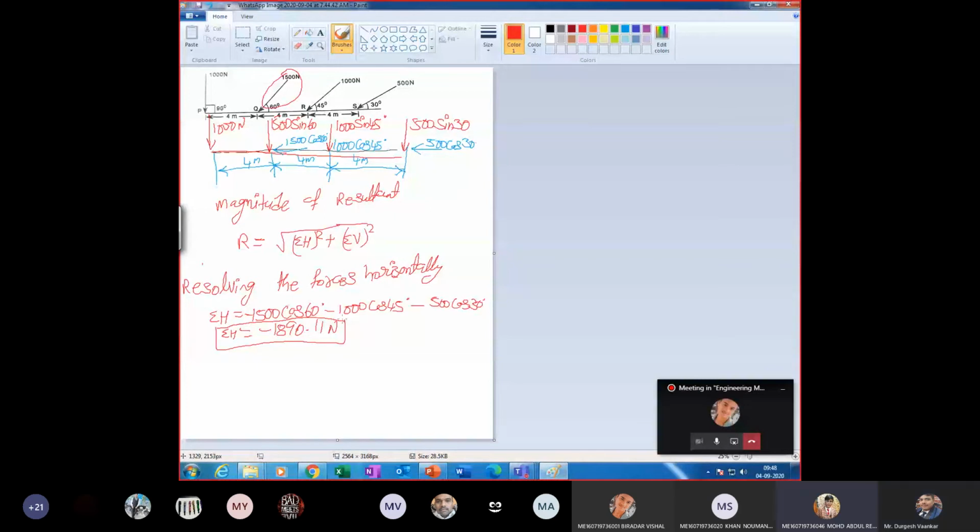Sir, how do we get minus? Which one? The coordinate system, I already told you. This one is your positive x-axis. This one is your negative x-axis. This one is positive y. This one is your negative y. Now is the force going in this direction or not? I am changing its color to blue. Suppose I draw this one. Now this force is going in this direction. If you resolve the force horizontally, then the direction of the force is in the negative x direction.